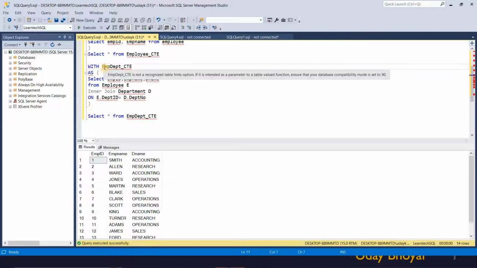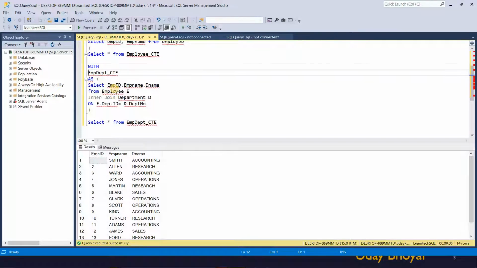So here I am just using with, and then this is one CTE name. I give as, and then the inner query for this CTE. If I want to create one more CTE with the same with clause, I just have to give one comma, and then give one more CTE name as